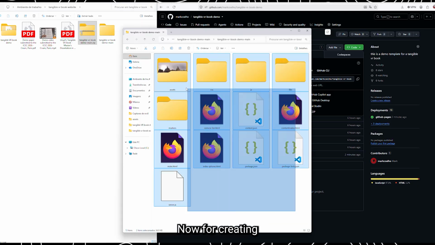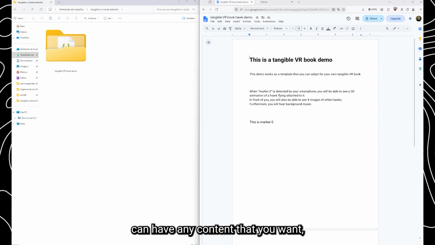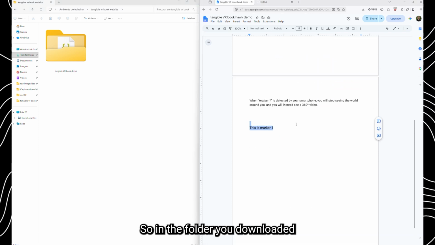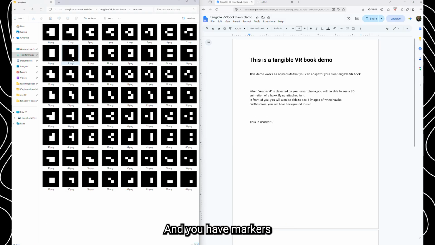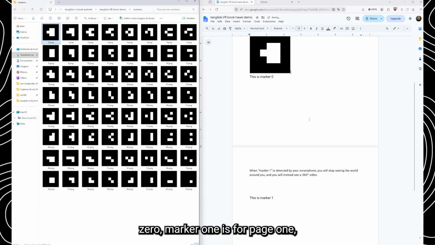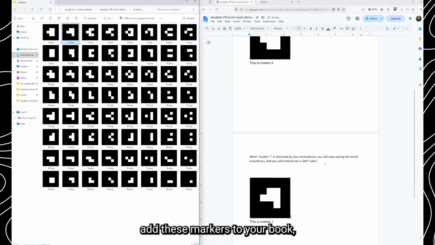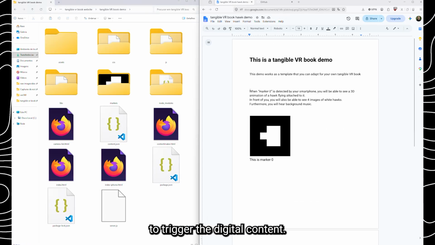Now, for creating the actual physical book. The physical book can have any content that you want, but you're going to have to add markers. So in the folder you downloaded, there's a folder called markers. And you have marker 0, marker 1, marker 2, and so on. Marker 0 is for page 0, marker 1 is for page 1, and etc. As long as you add these markers to your book, the book is going to be able to trigger the